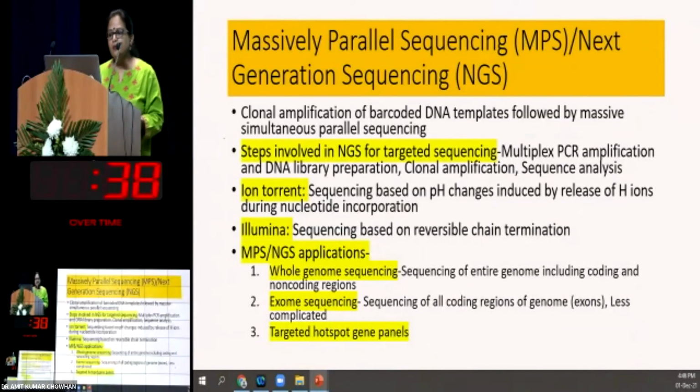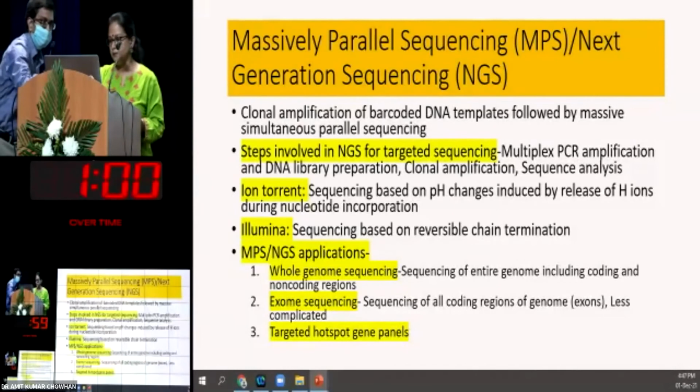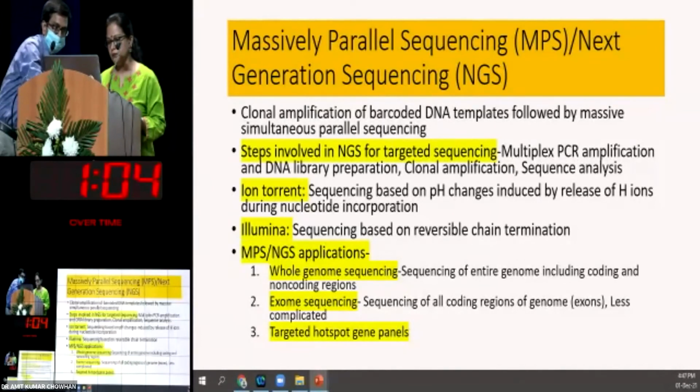Now, the last type of sequencing analysis is massively parallel sequencing or next generation sequencing. Steps involved in NGS are several: multiplex PCR amplification, DNA library preparation, clonal amplification, and sequence analysis. The two platforms that are commonly used are